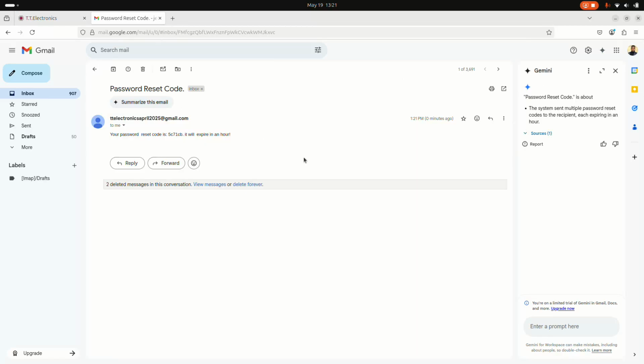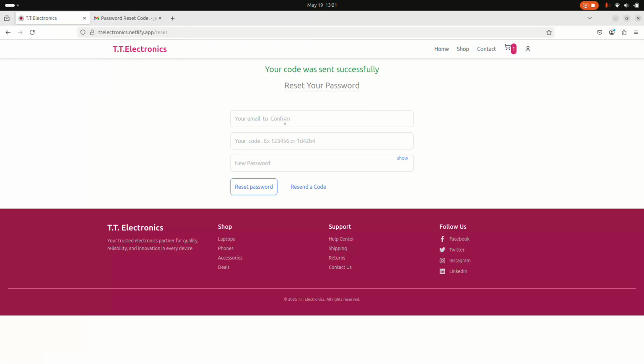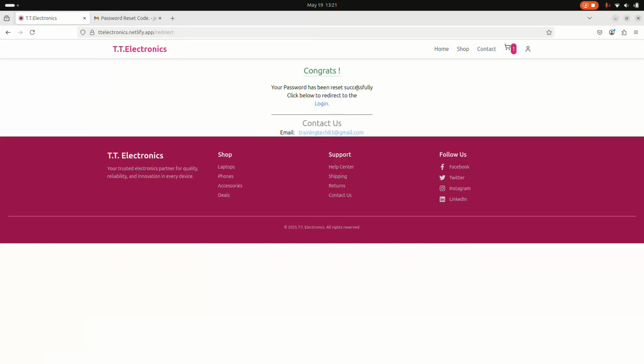So now let me take the code. There it is. It will expire in 15 minutes. So come with the code here. First write your email, okay, and then your code. Let me paste my code there, and then the new password, I should write 1234, and then